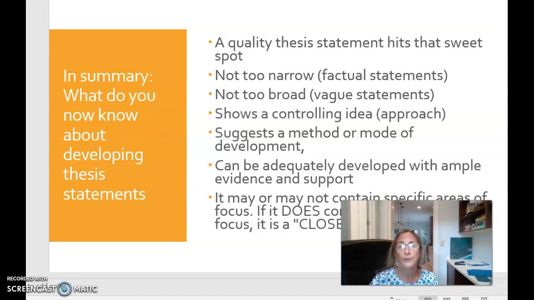So in summary, when you're developing thesis statements, you want to hit a sweet spot so that it's not too narrow. You can't have factual statements, but it's not too broad and it can't be too vague. It should show a controlling idea. In other words, what approach are you going to take? Is it going to be yay or nay? Are you going to be writing about something that's positive? Are you going to be pointing out the negative? And it should suggest a method or a mode of development, just like I mentioned before. And can it be something that will be adequately developed within your body paragraphs? And again, it can be open or closed. Closed most